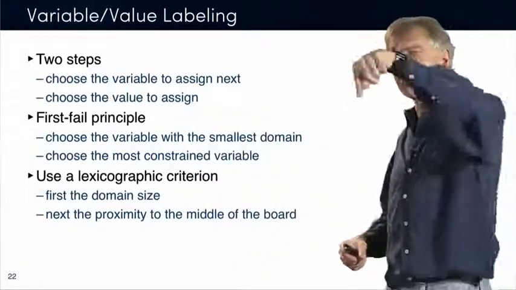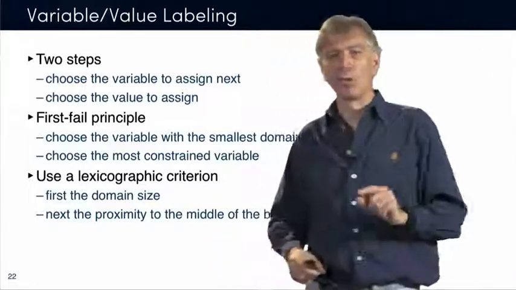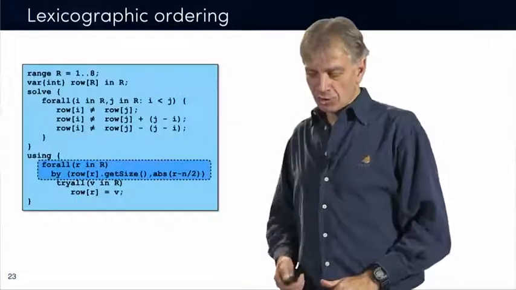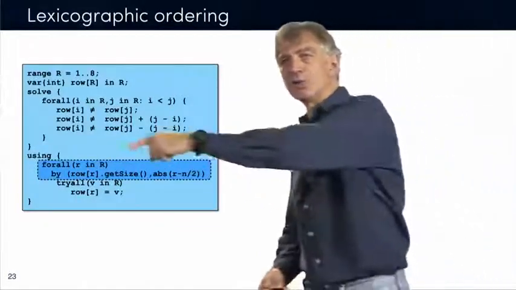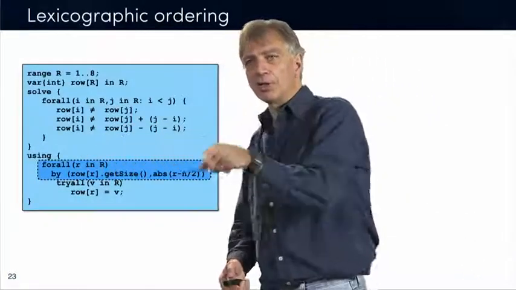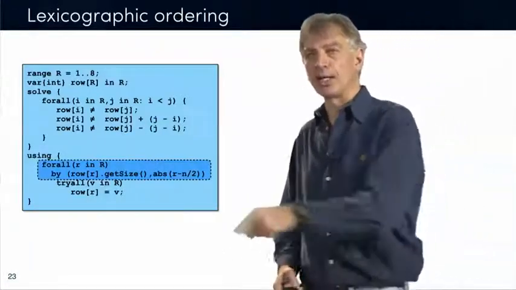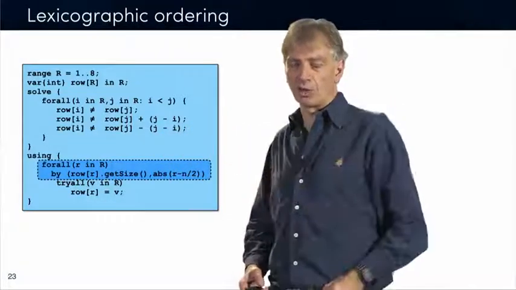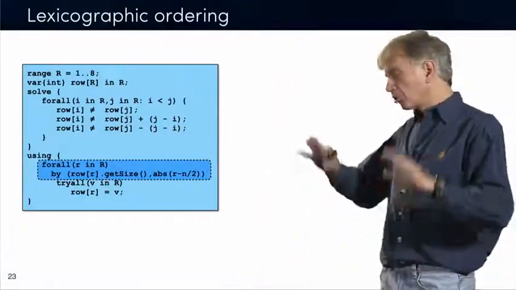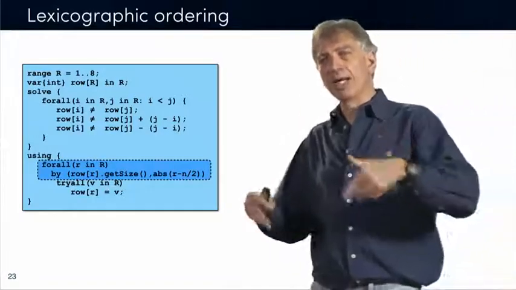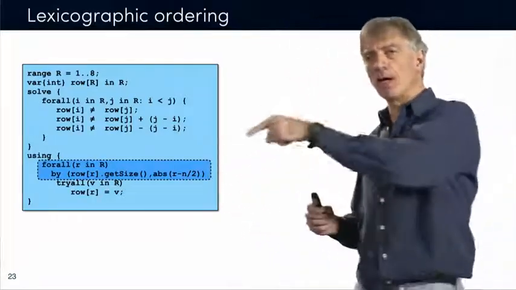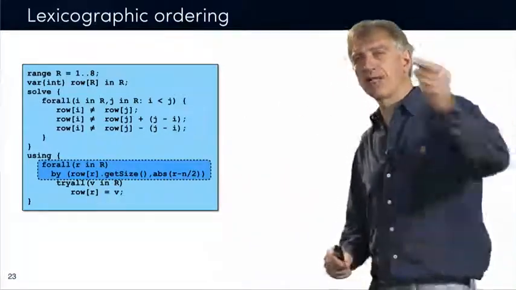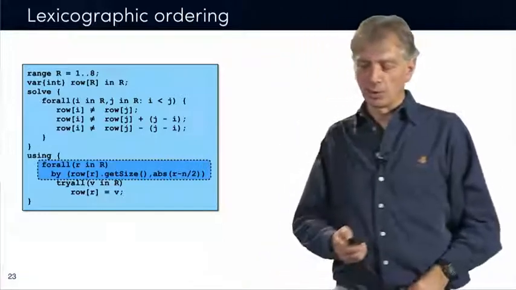Because when you place the queens in the middle, it has a tendency to remove more values than when you place a queen on the sides of the chessboard. Okay? So how to do that? Well, essentially this is easy. You take the for all instruction that you have seen before, and now you are using a lexicographic criteria. You take the variable which has the smallest domain, and in case of ties, the one which is close to the middle of the chessboard. Okay? So essentially, same thing as before, except that now instead of choosing the value with one criterion, I'm basically using 2 criteria. One starting with the smallest domain, and then the variable which is the most constrained.